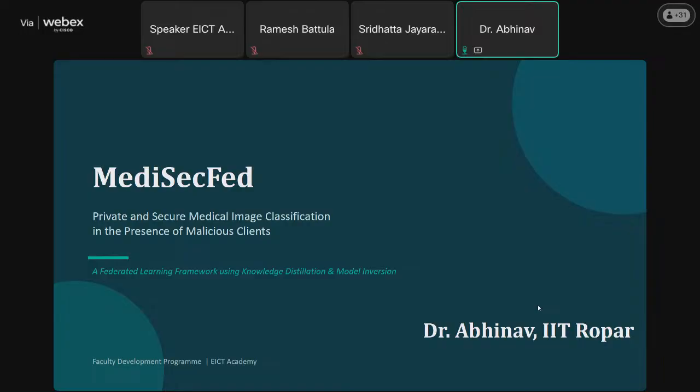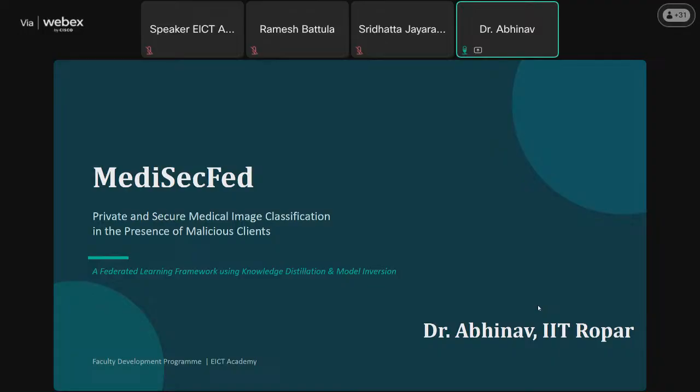Can hospital A simply send all its patient data to hospital B or to a cloud server? The answer is no, because medical records are highly confidential and are protected by privacy regulations such as HIPAA and GDPR. So, although hospitals want to collaborate, legally they cannot share patient data.